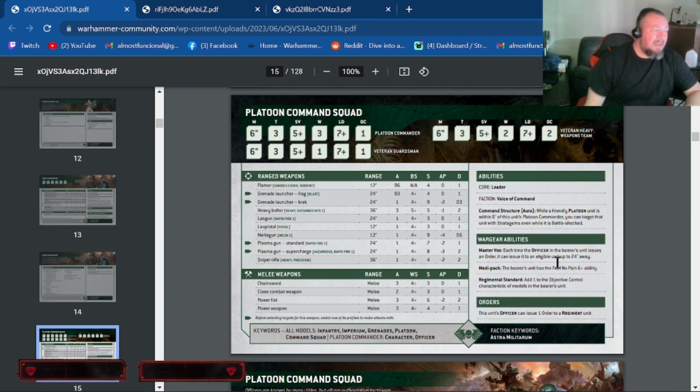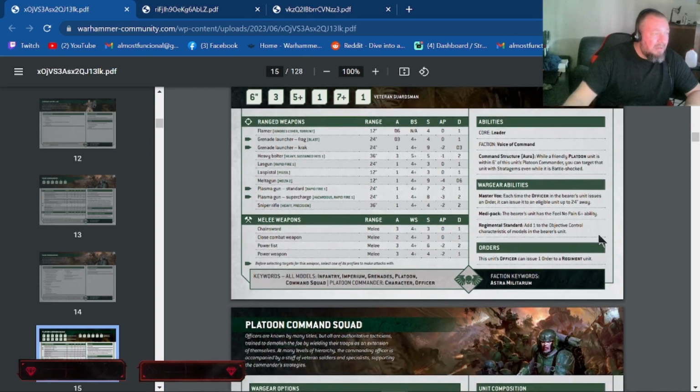We've got command structure. While a friendly platoon unit is within 6 of this unit's platoon commander, you can target that unit with stratagems even while it's battle shocked. That's nice. So even if he is battle shocked, you can give him strats. The Master Vox gives you each time the officer in the unit issues an order, it can go up to 24 inches. Med Pack, 6 up, feel no pain. Regimental Standard, plus 1